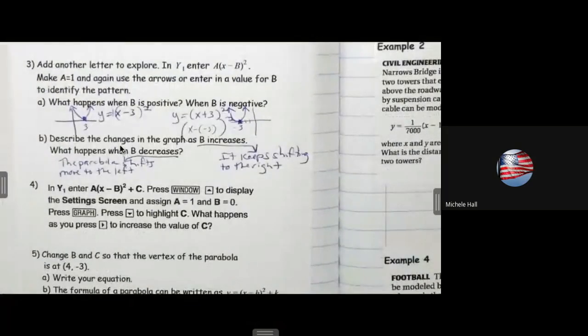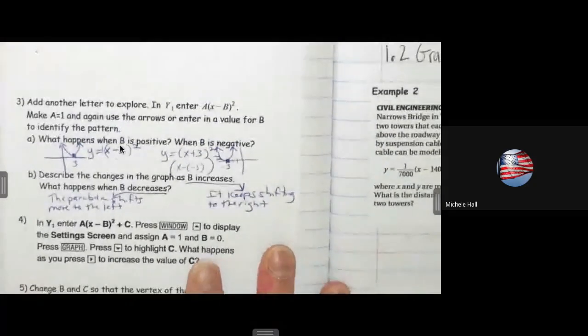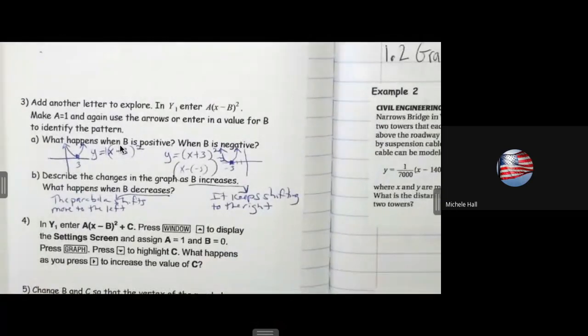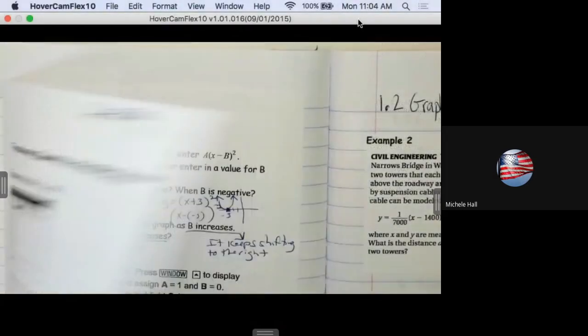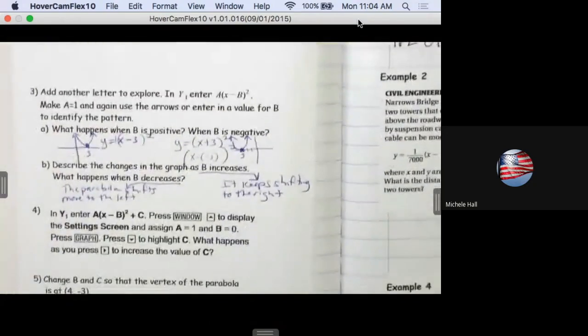We already did problems 2, 3. Now we're going to look at 4. All right. So on your graphing calculator, and we were transforming,